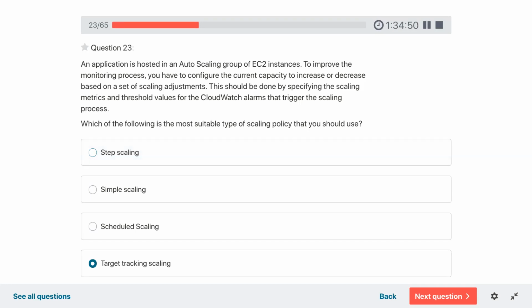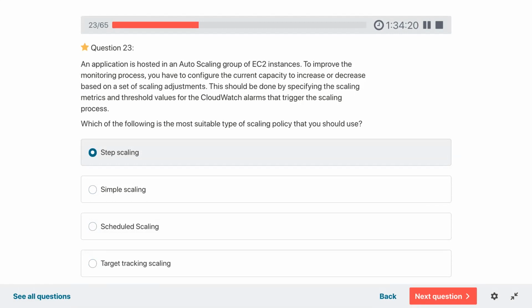So of all these scaling types, step scaling will give you the if-else kind of logic. Based on the usage, you could do step scaling. Simple scaling is it goes one after another. If the spike goes all of a sudden to 99%, still it would add or remove one unit at a time. Scheduled scaling is based on the time, which is the most inappropriate answer to be given.